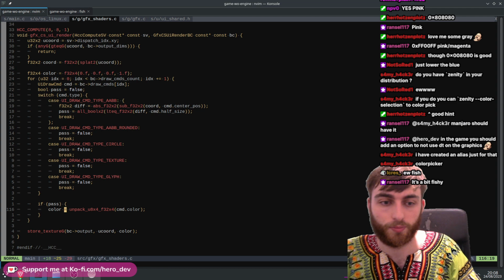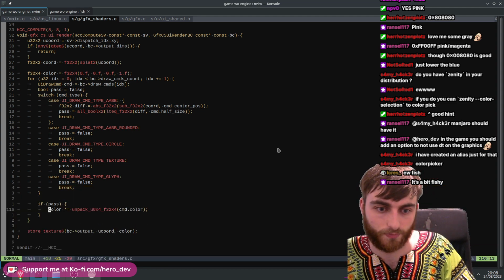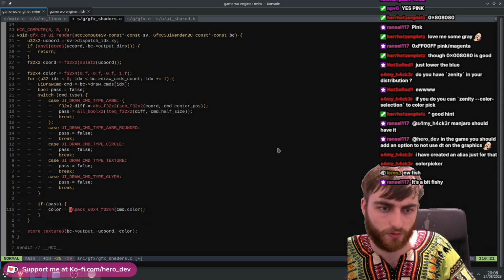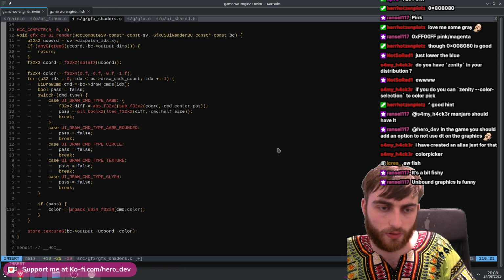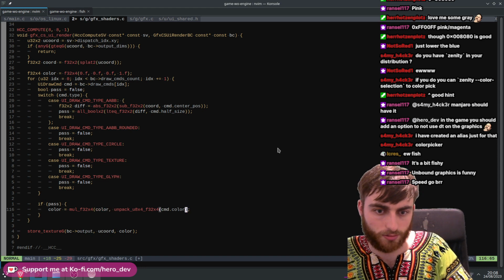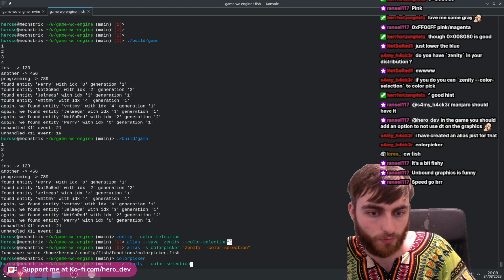So we could have just multiplied it, right? That's some form of blending. That's just going to merge it. Right, it's just a multiply. But obviously you can't do it that way. You have to do mul f32 times 4 color, because it's C, right? And then if you run it,